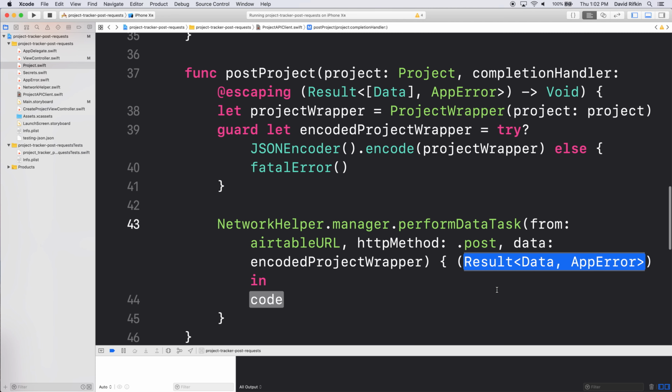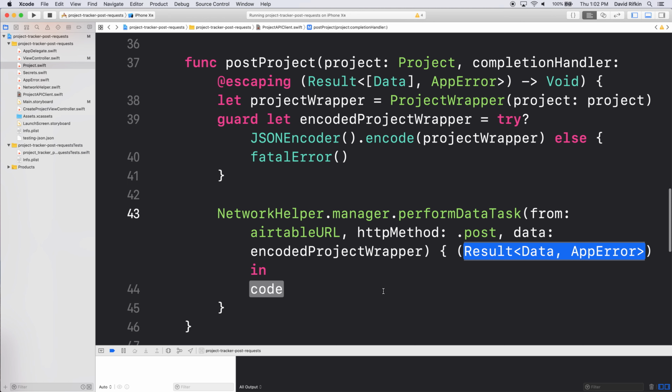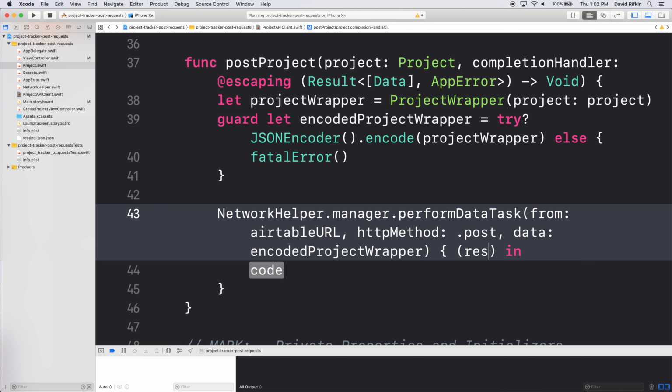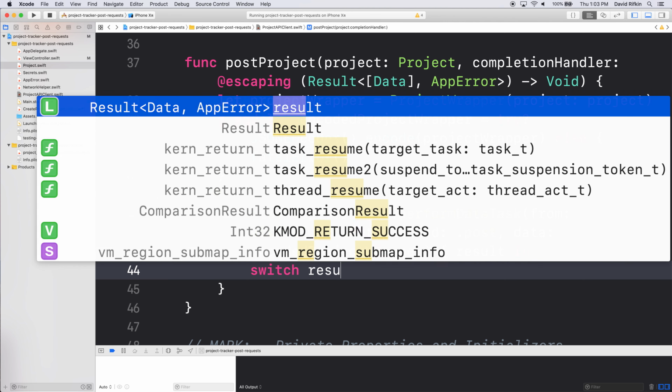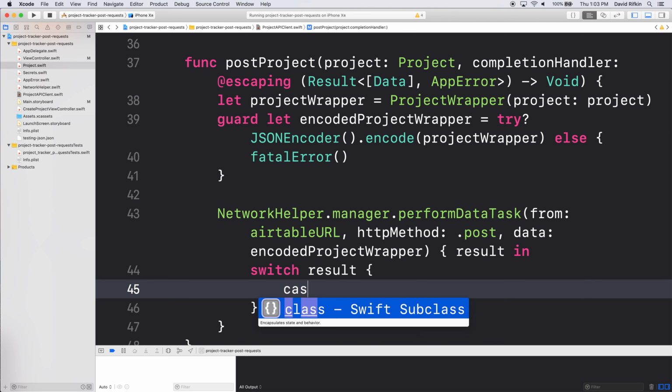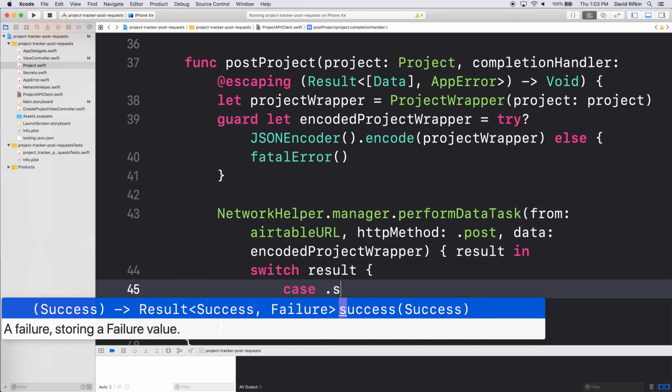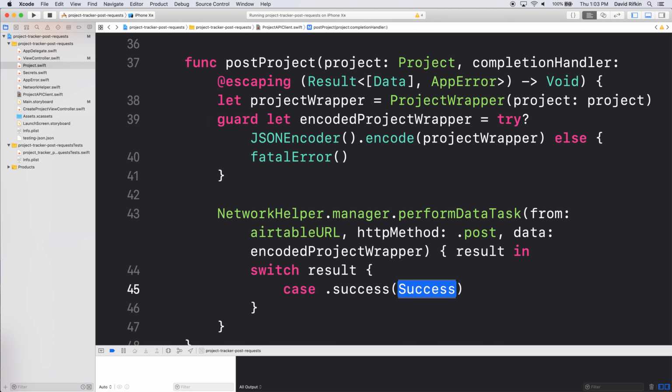All right. And now we just get success or failure. Neat. How do you all feel about that? Our perform data task works the same way. It gives us success or failure. Let's look at that result. It's a tuple of 1, so don't need that. Now we can just do what we've done every other time. We'll switch on it. If the case is that we've got a success, and then in there we can call that thing data,